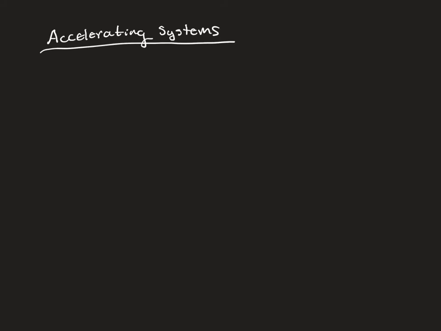We are next going to look at accelerating systems. Whenever we have an accelerating system, that means that the forces are unbalanced. This means, for example, if you sum your forces in the x direction, you get a number other than 0. And remember, force equals mass times acceleration, so looking at the idea that force net is equal to mass times